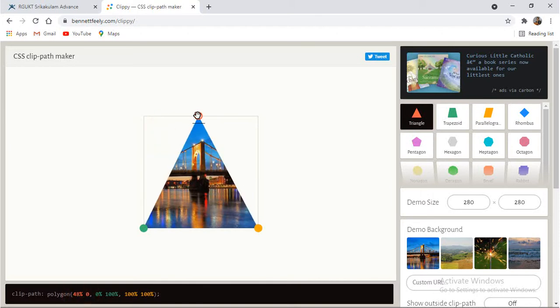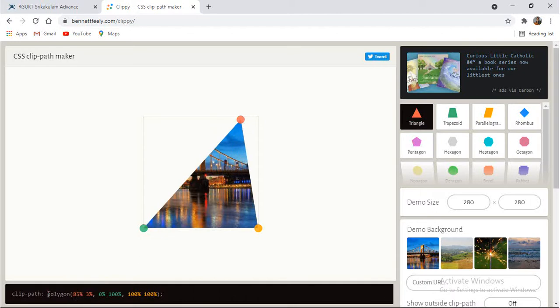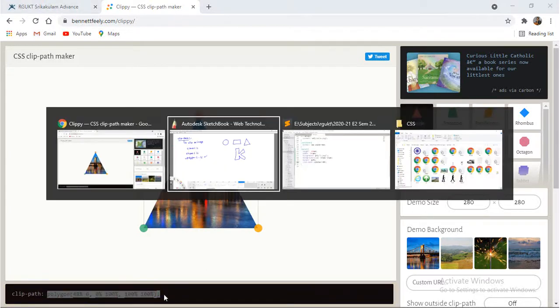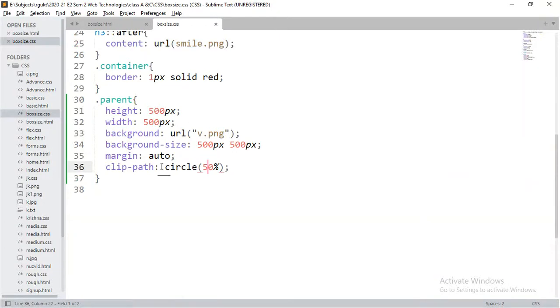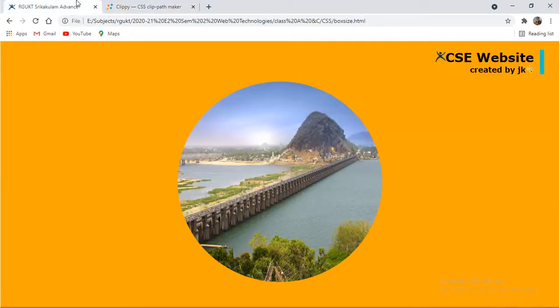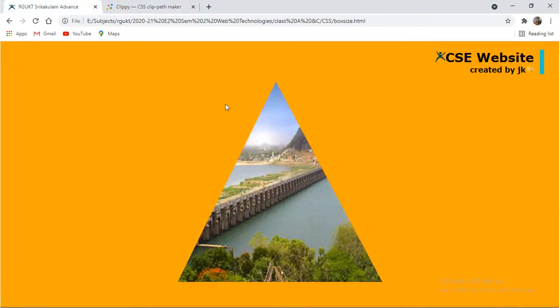For example, as you adjust here, automatically the values at the bottom are modified. I don't want that. I would like to have it in the form of a triangle. Then I can copy this code and paste it into my code. You can visualize that here. It will look like a triangle.